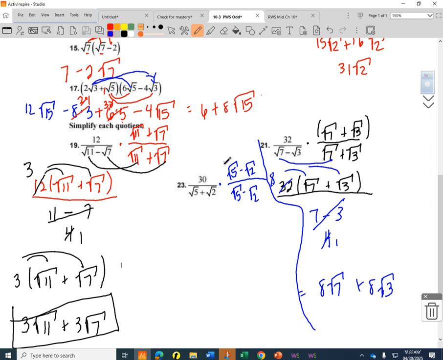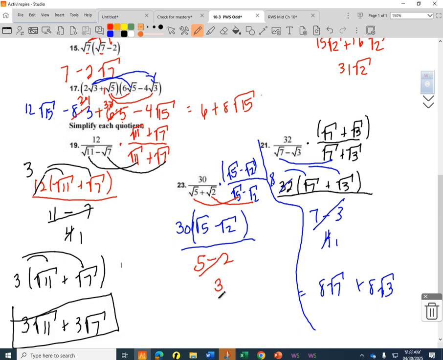So we're going to go ahead and leave this in parentheses for now on the numerator. 30 times the square root of 5 minus the square root of 2 over, now we're going to use our shortcut. The square root of 5 times square root of 5, Xavier. The square root of 5 times square root of 5. Good. Always minus. What's square root of 2 times square root of 2, Brandon? 2. And 5 minus 2 is